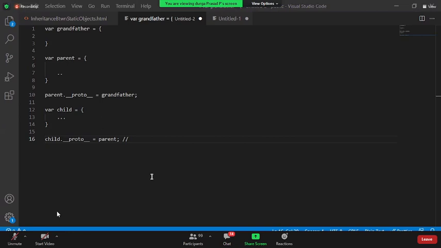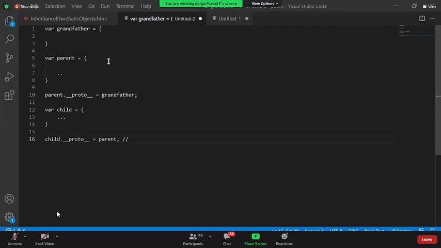Come on, more questions. If there is a variable across all three with the same name with different values, then which will get more priority in displaying? That's a very good logical question, Giri.